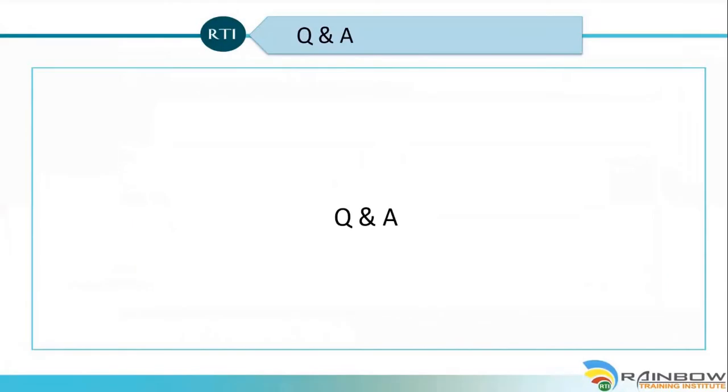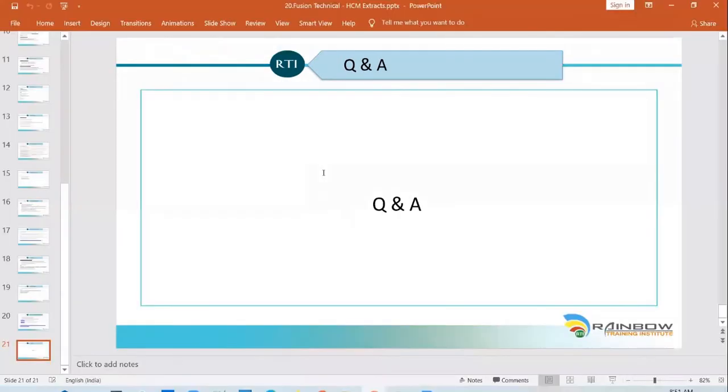Any questions, guys? Any questions in HCM extracts before we move on to the next one? Yeah, Prasad, Pragati here. So when you create an HCM extract and you create a root data group and child data group, we have seen only one child data group, right? If we create another child data group, say we want addresses or something, do we create it as a child to the assignment, or do we create it as a child to the person? It depends on the use case again.